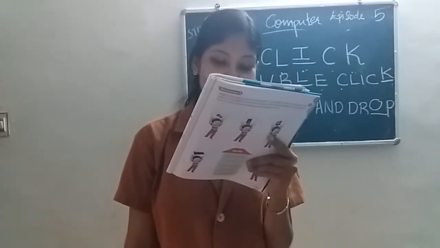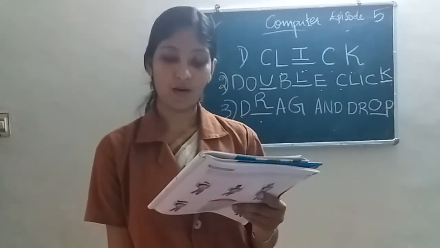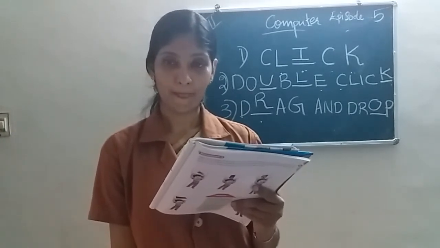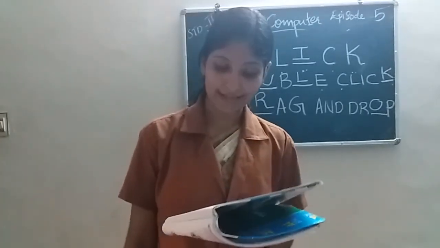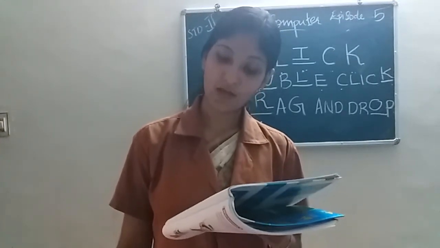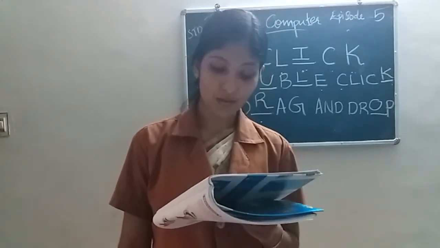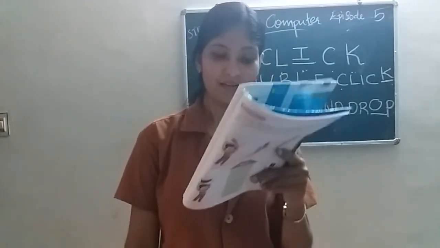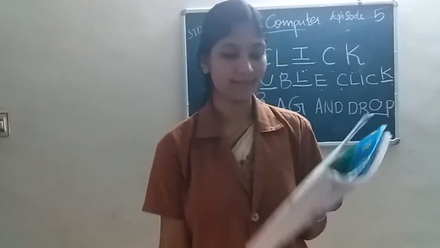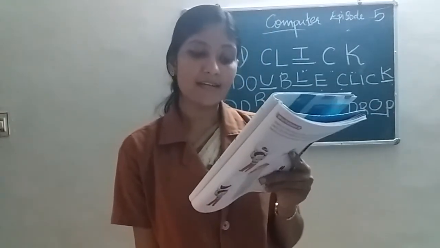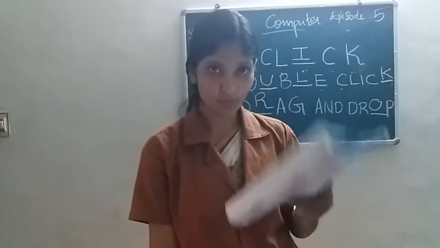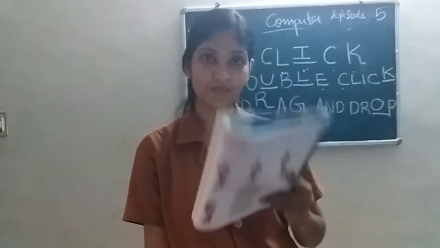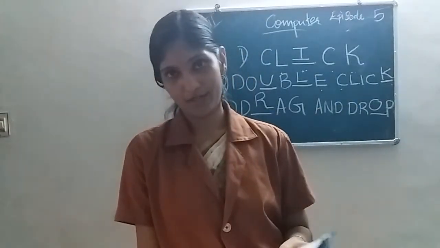Next is worksheet number 4. Sunny has written some sentences about computers on a sheet of paper. Help madam to check the sentences. Tick the sentence which you think is correct and cross the sentence which you think is wrong. So, first sentence. The monitor displays what you do on a computer. The monitor displays what you do on a computer. Is this sentence correct or not?